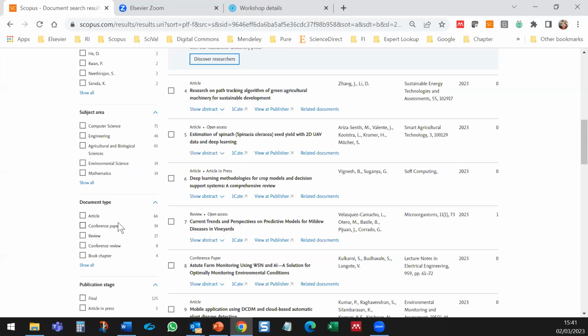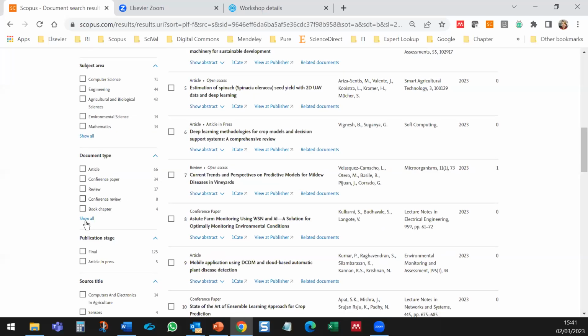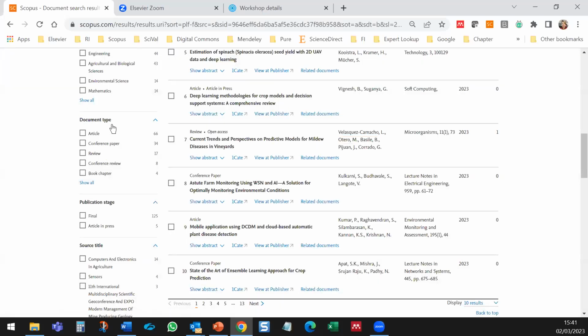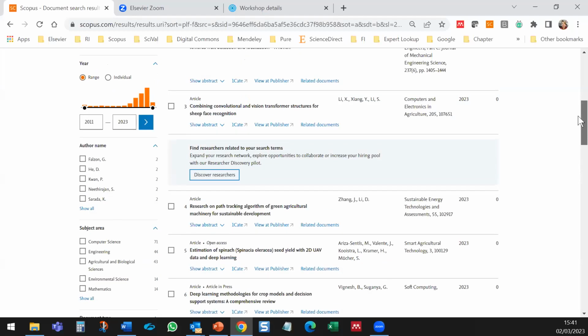If you know that you don't want to have any chapters, or you can look at all your different types of articles or types of documents, and you don't want book chapters, you only want to look at articles, conference papers, and reviews, you can select those as well, right? So your filtering panel can really help you to be more efficient in getting only those papers that are really